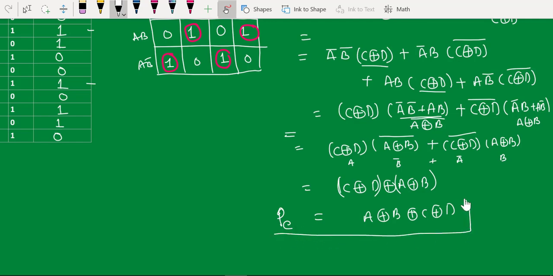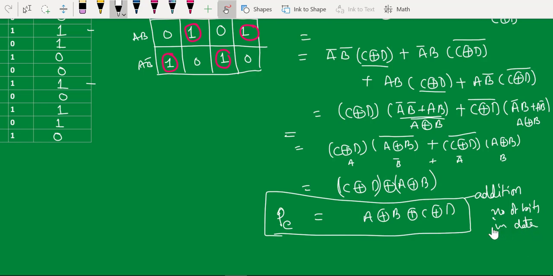If you look at here, this again is nothing but addition of number of bits in the data and producing only sum, ignoring carry.